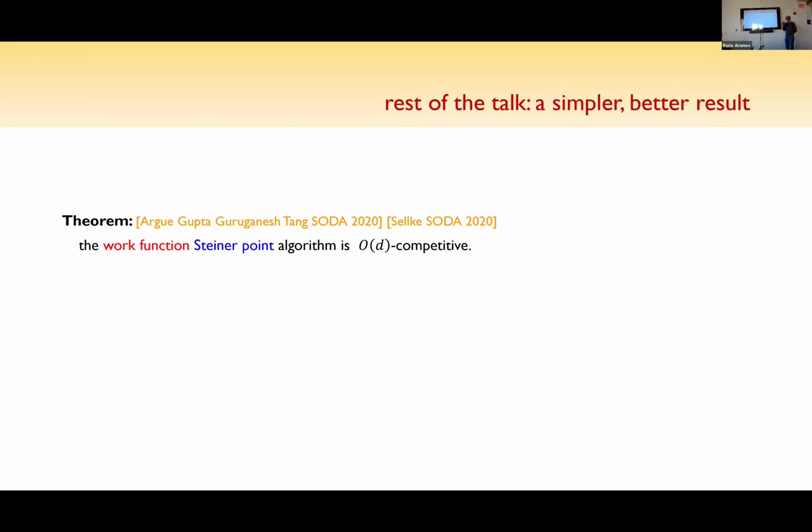So what I'll do is I'll give you a simpler and better algorithm. And so this is work again with CJ, with my other students, Guru Ganesh and G.A. Tan. And independently, Mark Sellke came up with a similar algorithm, almost the same algorithm, but with very different perspective. I'll talk about it. And I'll show you this algorithm that's already compact. So this is improving on the nested case as well.